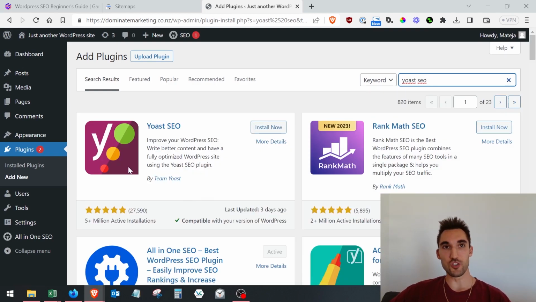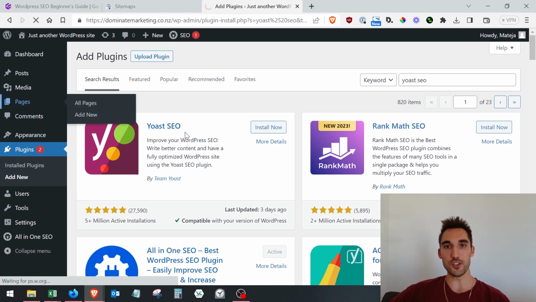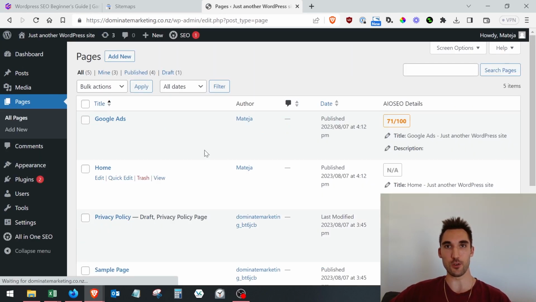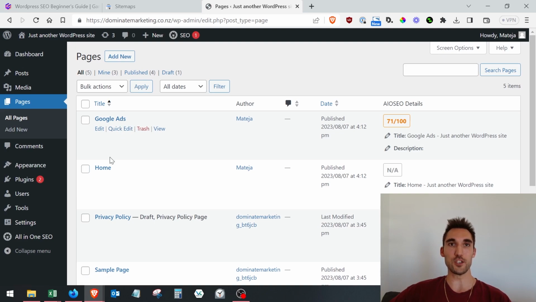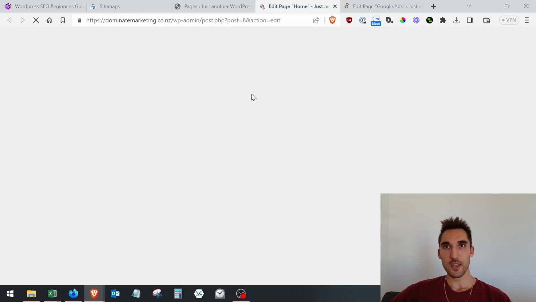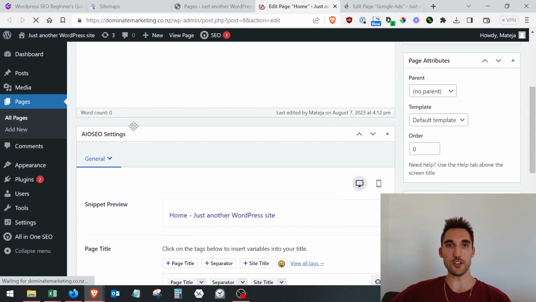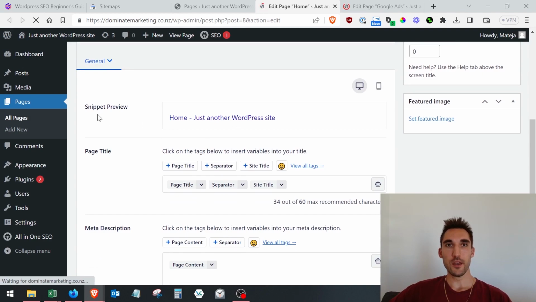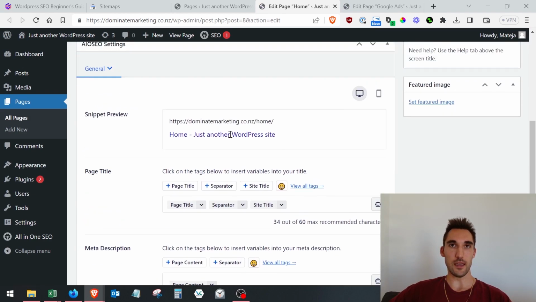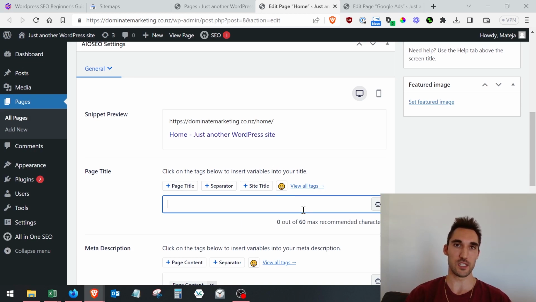And so once it's installed, then you can actually go to your pages and set the meta title for every single page. So let's say we've got the home page and let's say the Google Ads page. I'm just going to open both of them to show you. So this is what it's going to look like. You open the page here where you can edit the page. If you scroll down, you can see it gives you a preview, and now you've got the page title. So if I go in here and remove this, I can now set whatever I want. Like, let's say, Dominate Marketing,